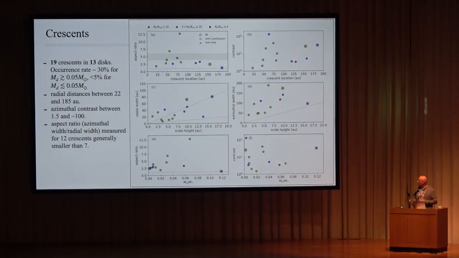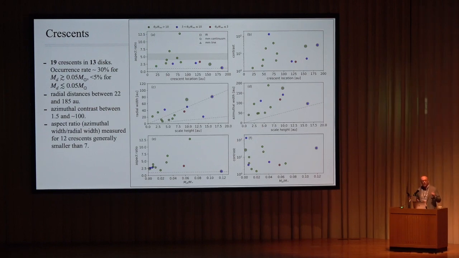Lastly, before passing the microphone to Zhaohuan, crescents. These are the rarest objects. There are 19 crescents in 13 disks. The occurrence rate is actually pretty large for the most massive disks: it's 30% for disks more massive than 5% of the solar mass. But it appears to drop very sharply for low mass disks. However, crescents are not a well-defined class